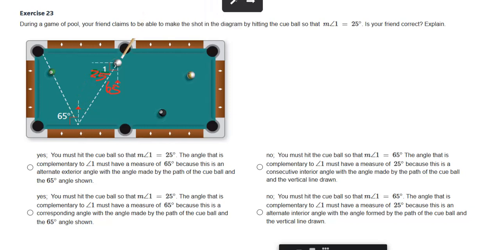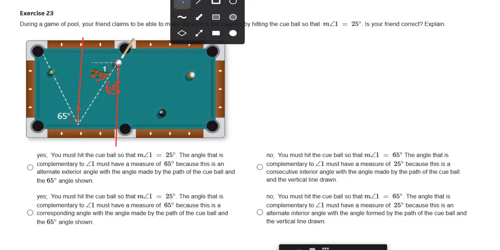parallel lines. Let me draw out a line here. If this is a right angle and this is a right angle, I think we've got parallel lines happening here. So if they're parallel lines and this is 65, it makes this 65. And it would make this, let's see, if that's 65,